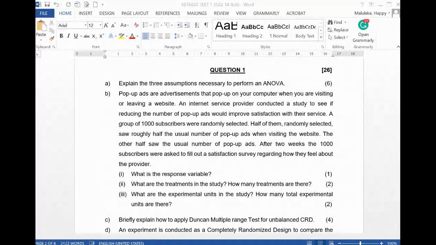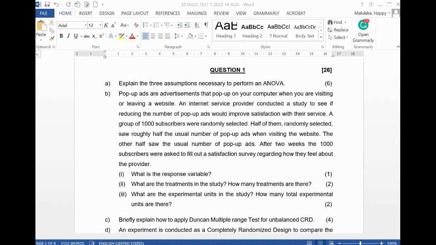Some students were able to list them, but they failed to explain them. By listing them, you get 3 marks, and again a mark for each assumption for explaining how you will assess that assumption. The information is there in that document. For example, let me give you a simple example with the